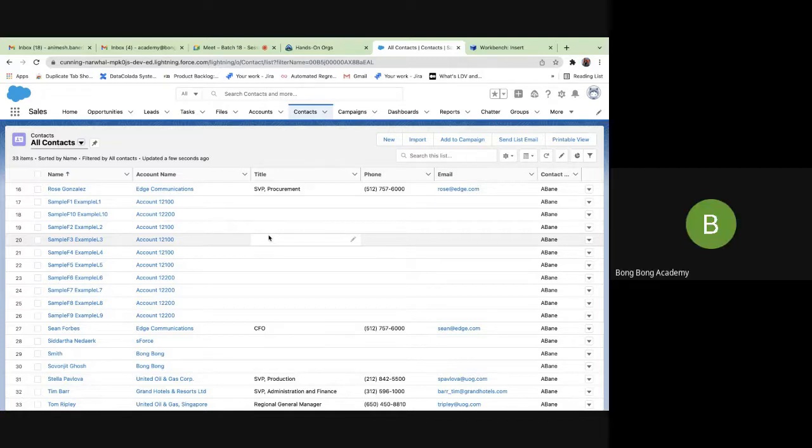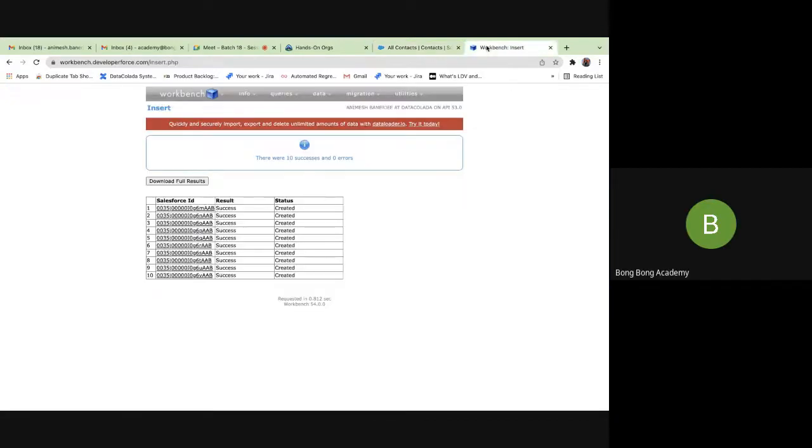Now the problem in this approach, what I see is that I have to go back to the account, manually fetch that account ID, paste it in account sheet and upload it. What if I have thousands of records? How will I manage this then? Very tedious work, doesn't it look like that? It's a very tedious work.